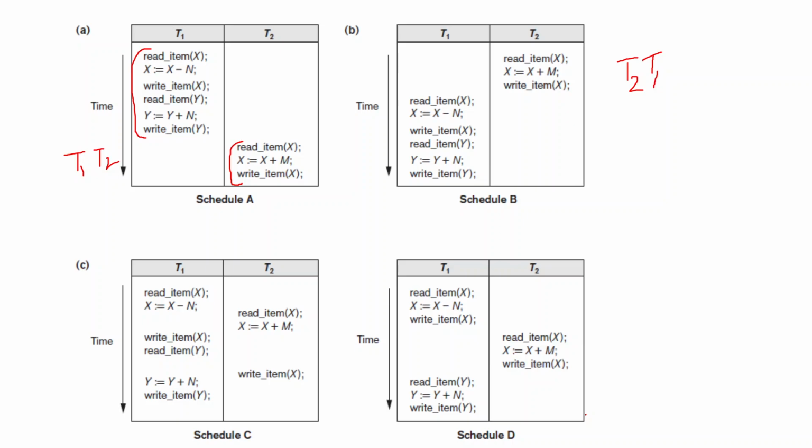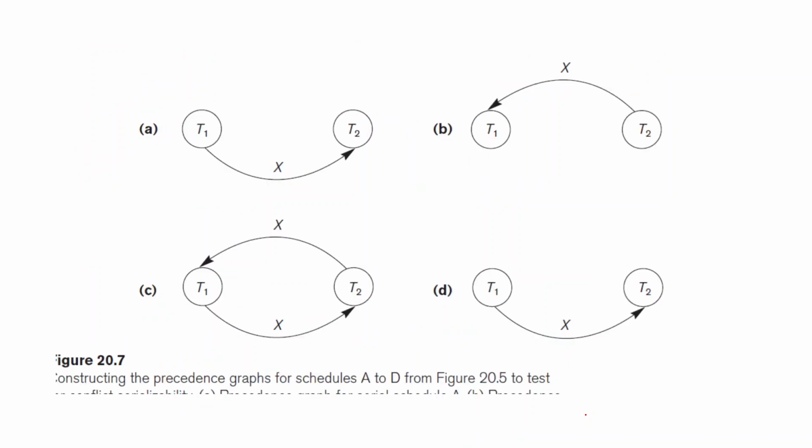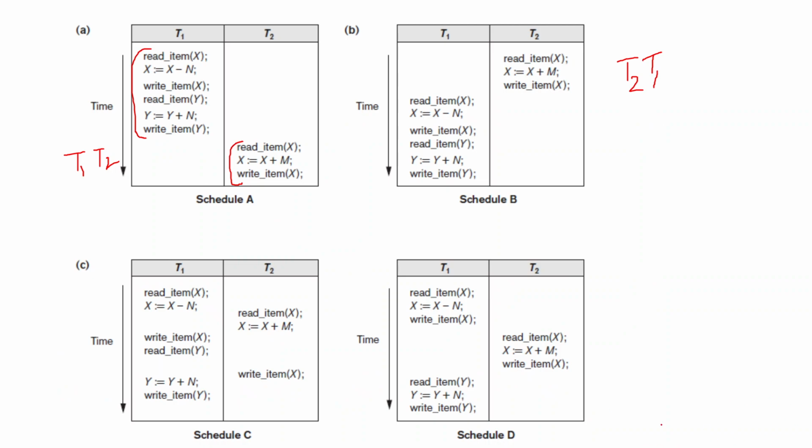So what we have to do is, for each of these schedules, draw the precedence graph and find out whether each of these is serializable or not. First of all, we have to draw the nodes. There are two transactions in the schedule, so we will draw two nodes, T1 and T2,